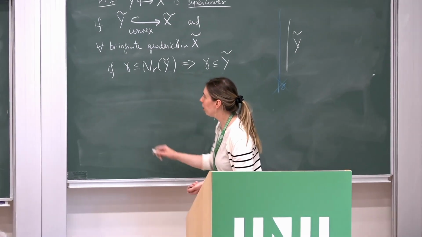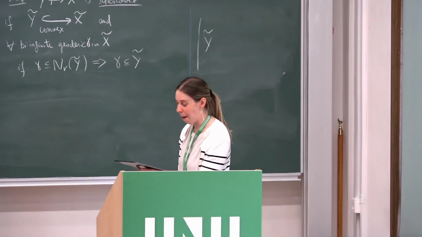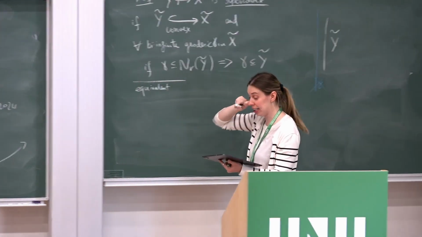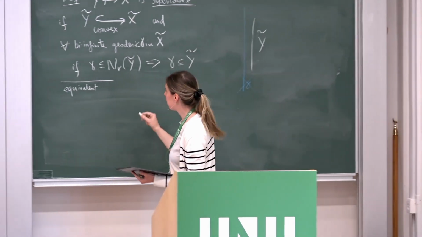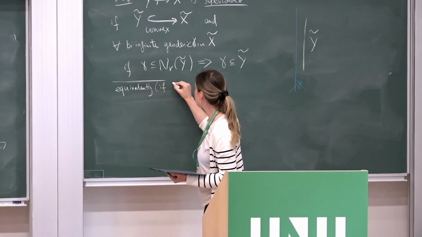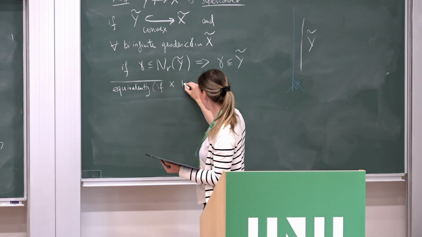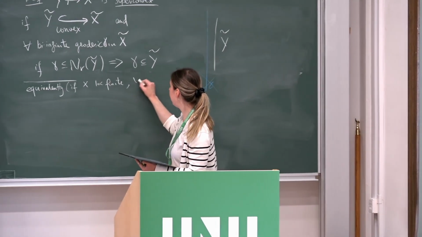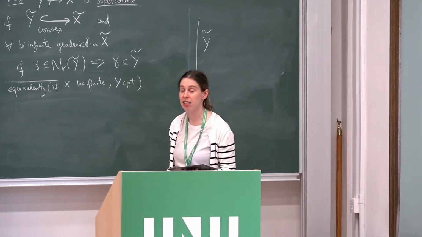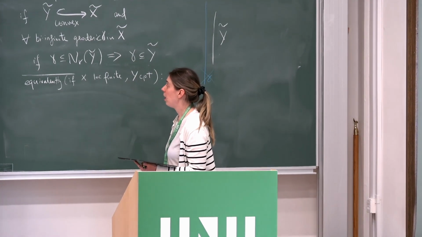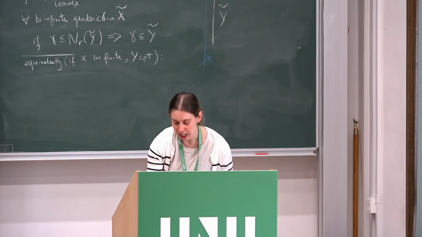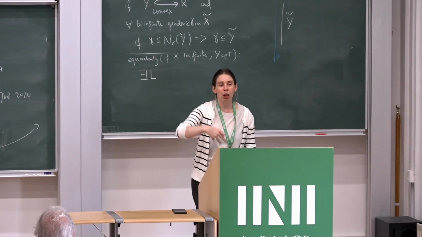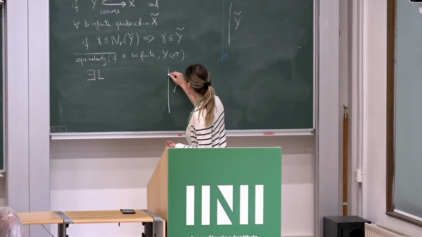And there is also an equivalent way of phrasing this condition when you make some mild assumption on X. So equivalently, and this is when X is locally finite and Y is compact, which is the situation that we are assuming in the theorem, this condition becomes the following: there exists a bound on the length of combinatorial strips